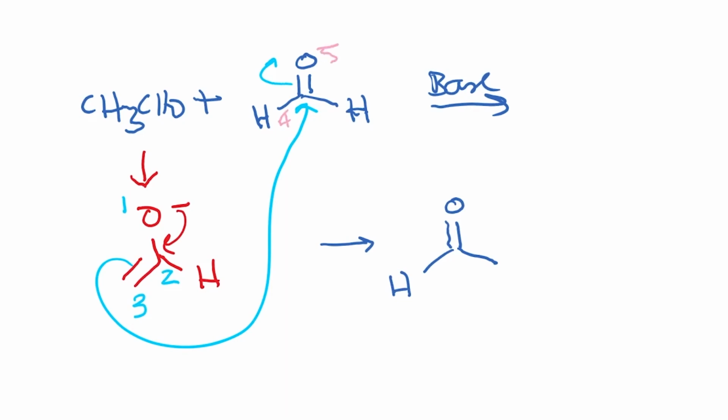Okay, so we keep the same numbering, 1, 2, 3, and here is the formaldehyde part, which is number 4 and number 5. So this is 4 and this is 5. So far there's no problem, and you have a hydrogen here and a hydrogen here. All right, so under normal circumstances, what you would expect is that this is going to give you the aldol